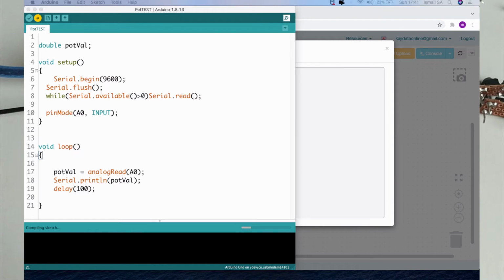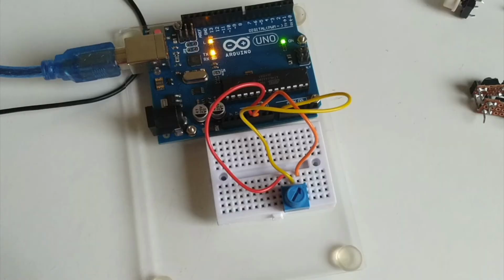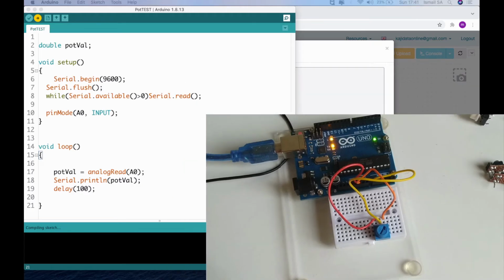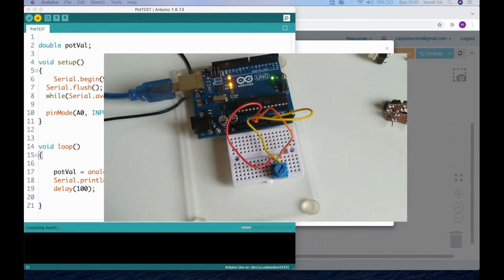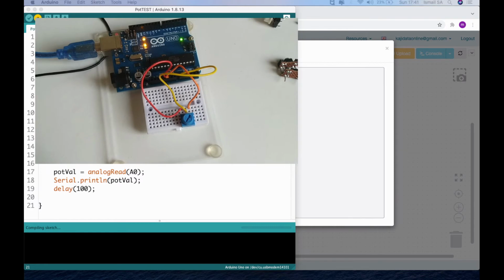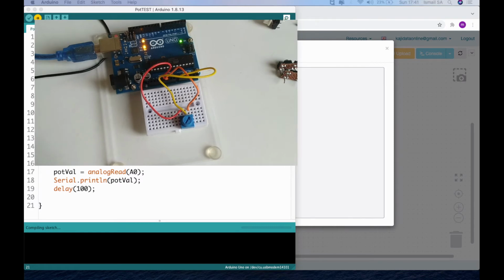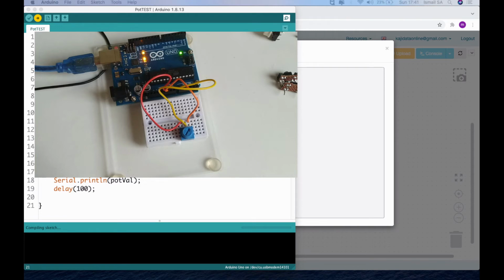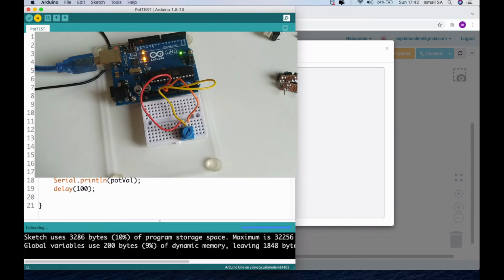So after uploading this sketch, let us just have a look at our action. After this, I'm going to manipulate my potentiometer, and then you can see what kind of output is going to be generated based on the manipulation for this particular project. It's a very simple one, and perhaps you can also manipulate the brightness of the LED, for example, and take into consideration using the analog read function to read the analog sensor. So let me just wait for a while for the compilation.